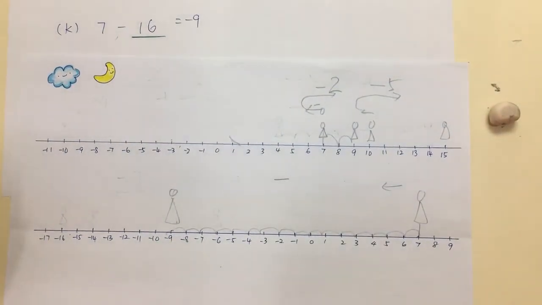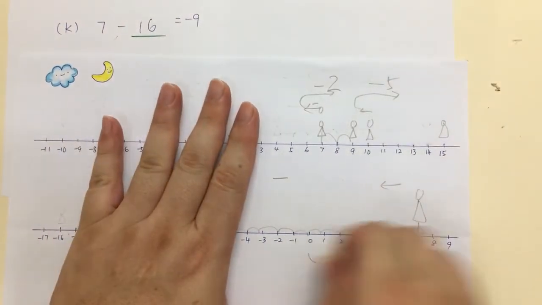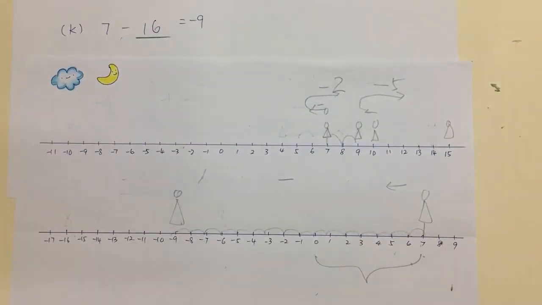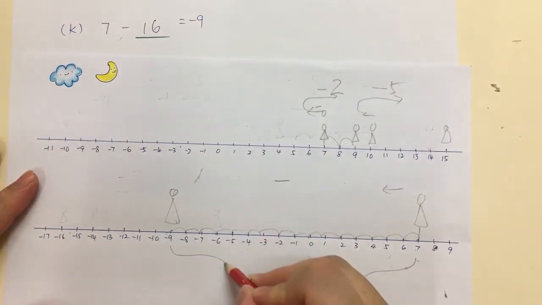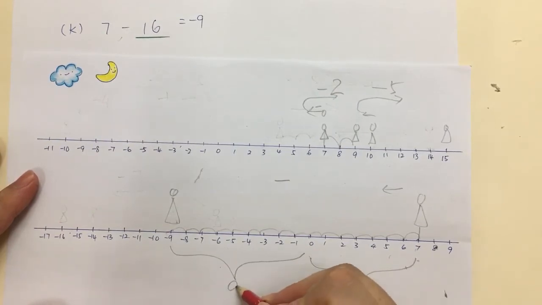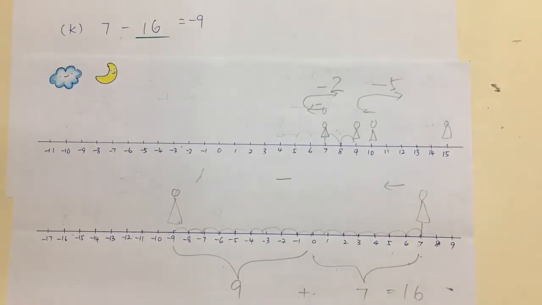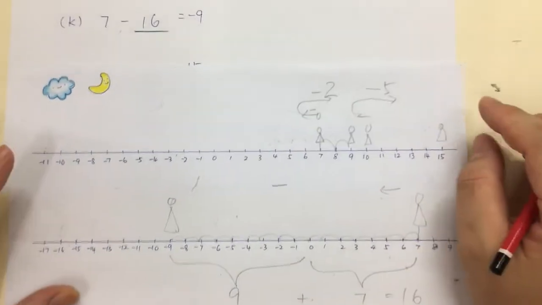But some students, I think you are smart enough to have a sense that from 0 to 7 is 7 steps, and then from negative 9 to 0 is another 9 steps. So altogether the distance between the two is 16. Okay, so the distance is 16, the direction is left, so you have negative 16. The last one